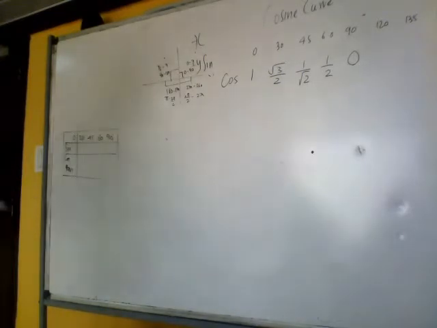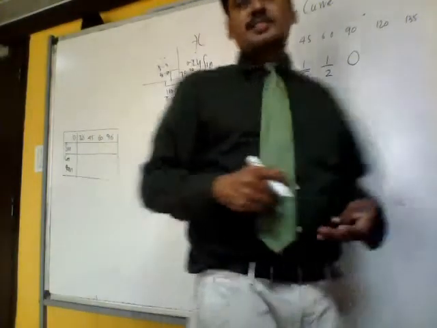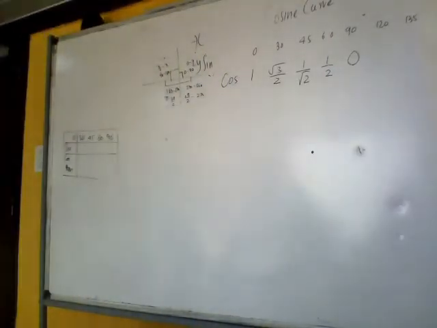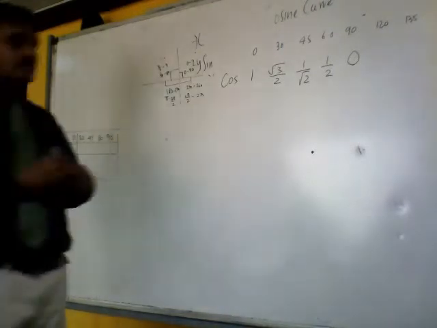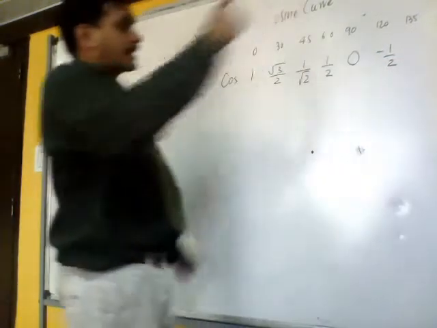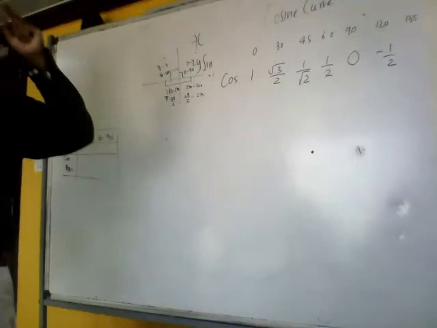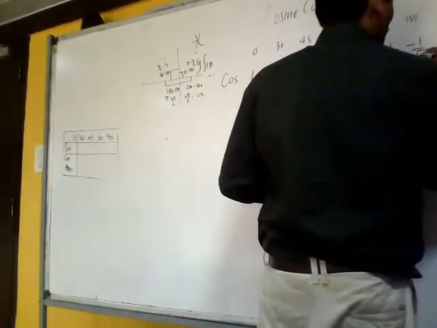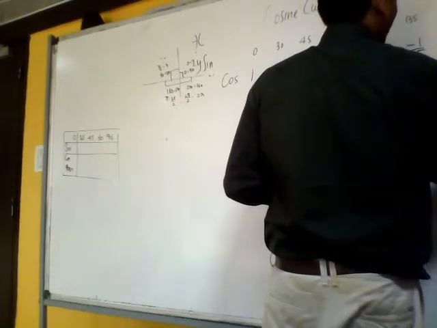So this time, the second quadrant of cos is not positive. If I go downwards from 1 to 0, then it's going to be negative. The cos is negative in the second quadrant. Please note this. Cos in the second quadrant is going to be minus 1 by 2. It will increase again, but in the form of negative: minus 1 by 2, minus 1 by root 2, minus root 3 by 2, minus 1.